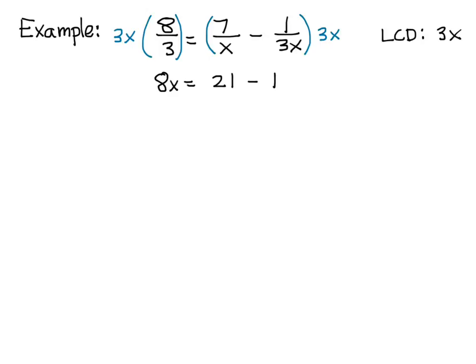You should never end up with a ratio when you do this, because everything in the lowest common denominator shares factors with all the denominators, so they will always cancel, and you'll just have a factor or two left over in the numerator. So 3x times 8 divided by 3, the 3's cancel and you get 8x on this side, and 3x times 7 over x is going to be 21, and then 3x over 3x is 1, and so now we have a fairly straightforward